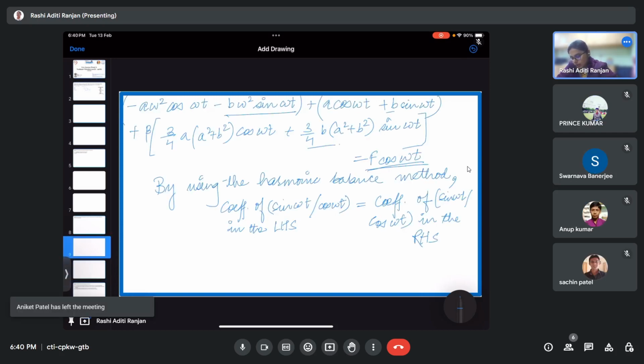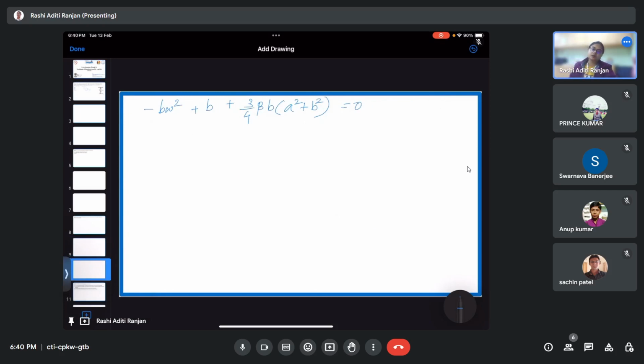Just recheck. Okay, minus of b omega square plus b, and we'll have 3 by 4 b into beta a square plus b square. Correct? Now I'll equate this. We get this by equating coefficient of